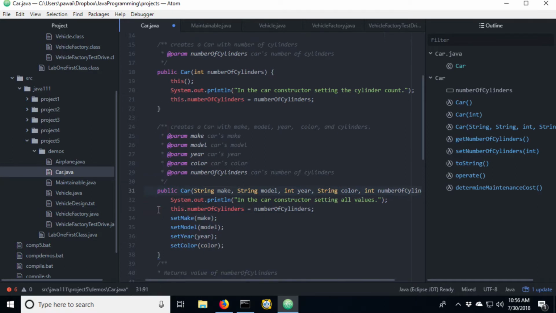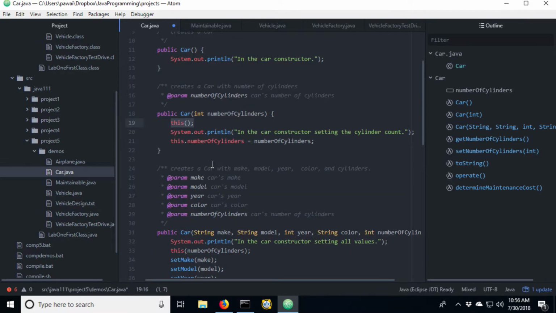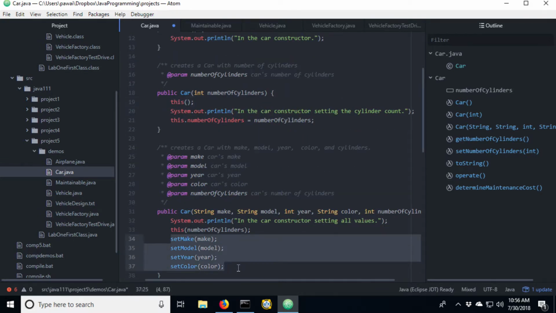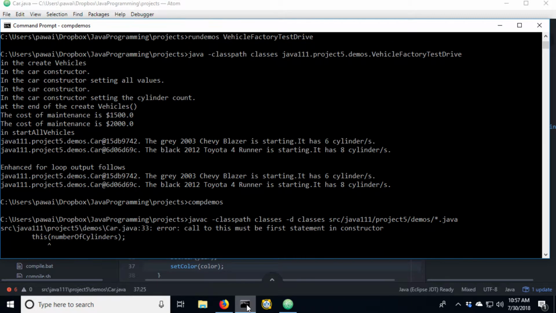So really, what I'm going to do instead is call the constructor that does set the number of cylinders. So what I can do here is call this. Again, that refers to the class that I'm in, the constructor passing in the number of cylinders. So this line of code, line 33, will actually call the constructor here, which will then call the no argument constructor. So I've taken care of that. I'm still making that call to the no argument constructor. Then it will set the number of cylinders, and then we'll continue down setting the make, model, year, and color on the vehicle. So let's go ahead and compile, make sure that things are looking good there.